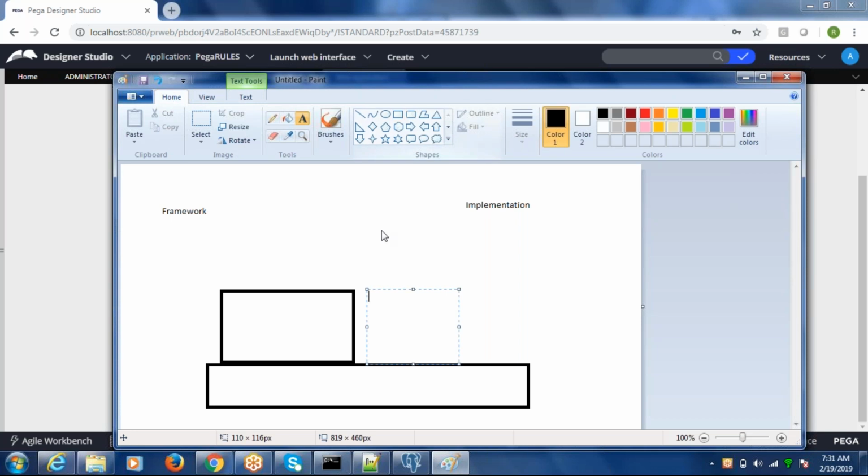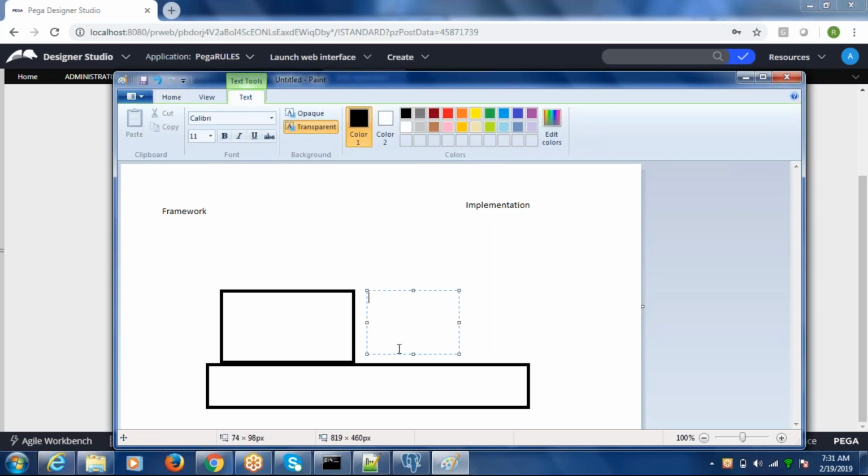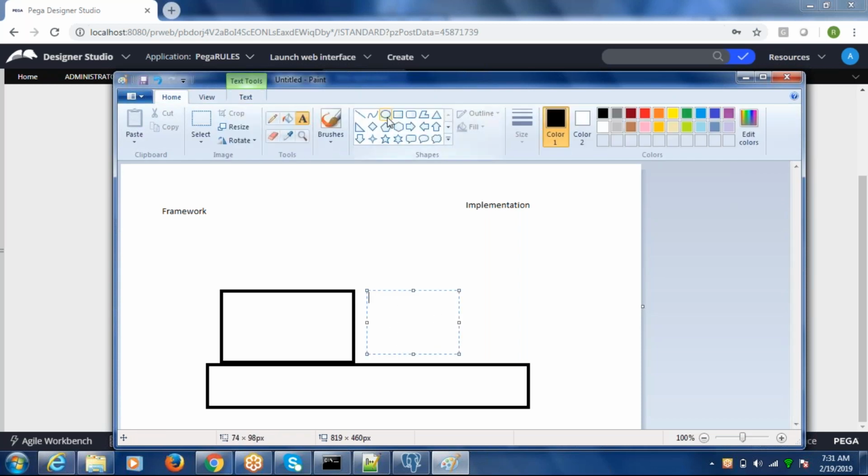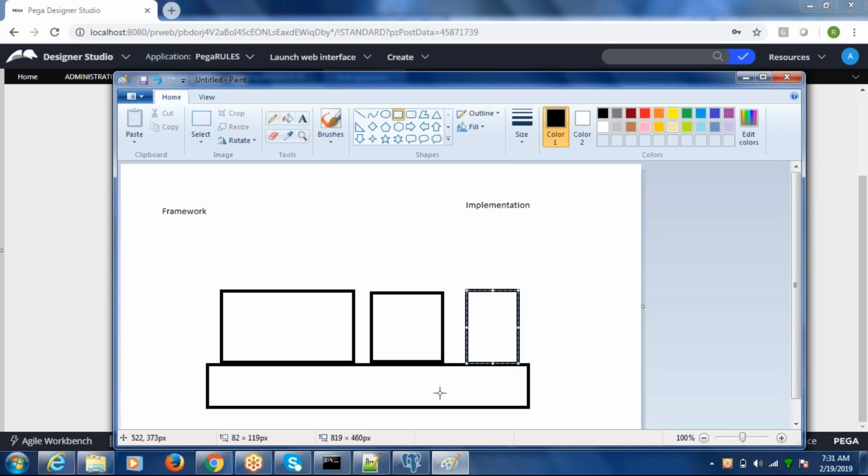There could be multiple implementations defined. We can have n number of implementations created on one framework, n number of applications on top of one framework.